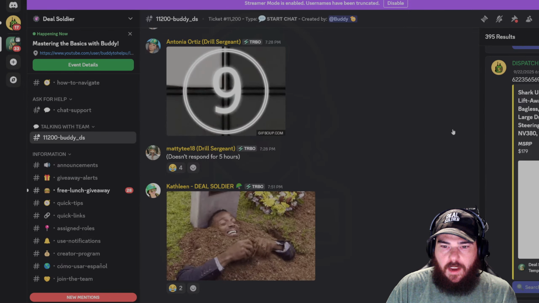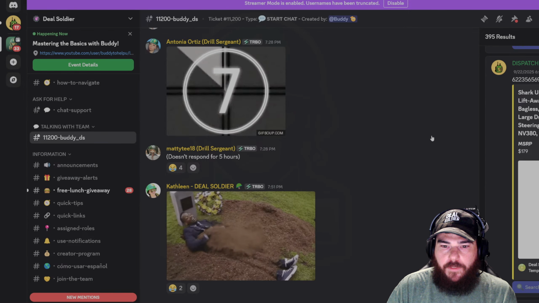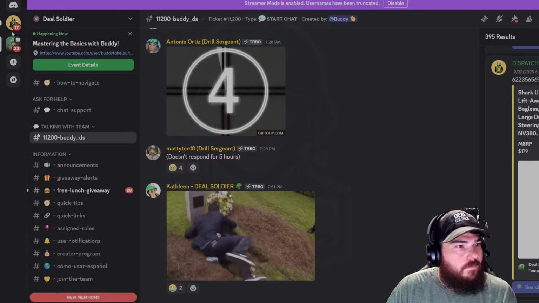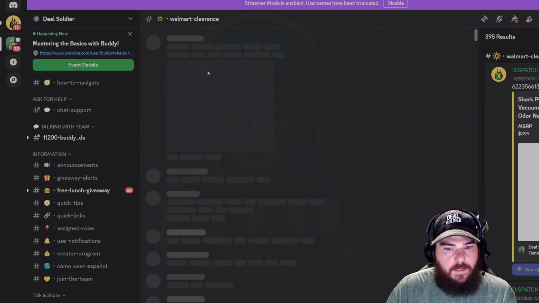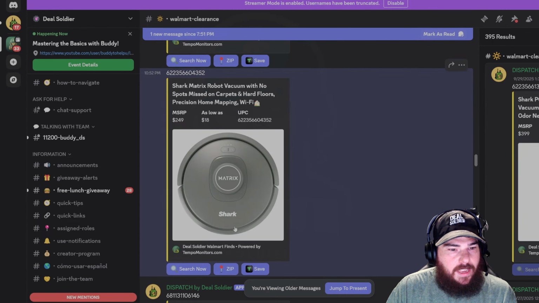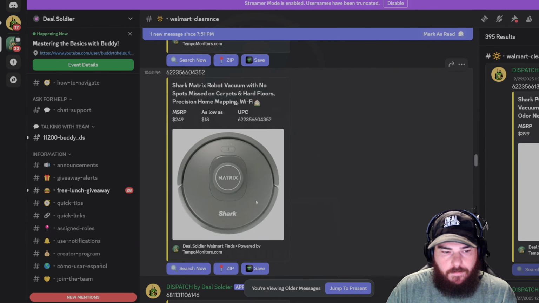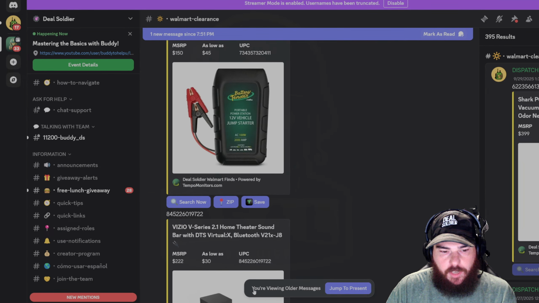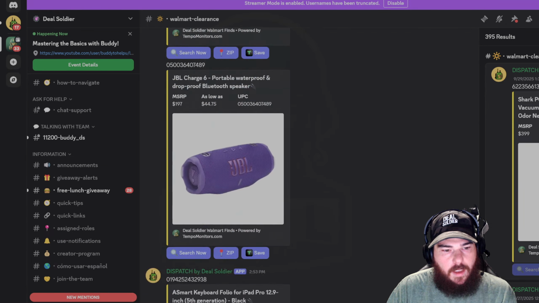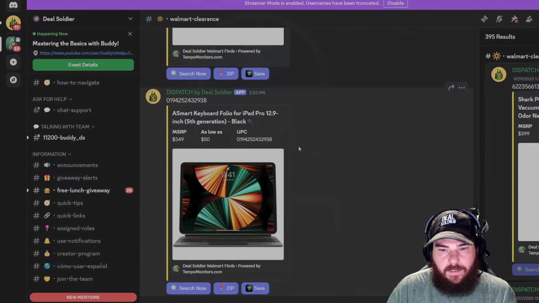All right, so I'm having to keep scrolling every time I go into the folders. Okay, let's see, I think I know what you mean. So are you saying when you return to lead, it takes you back to the item, but if I keep scrolling, this is still going to be a couple of weeks back? You're going to notice right here, you're viewing older messages. You can click jump to the present, and that will take you to the newest listing.